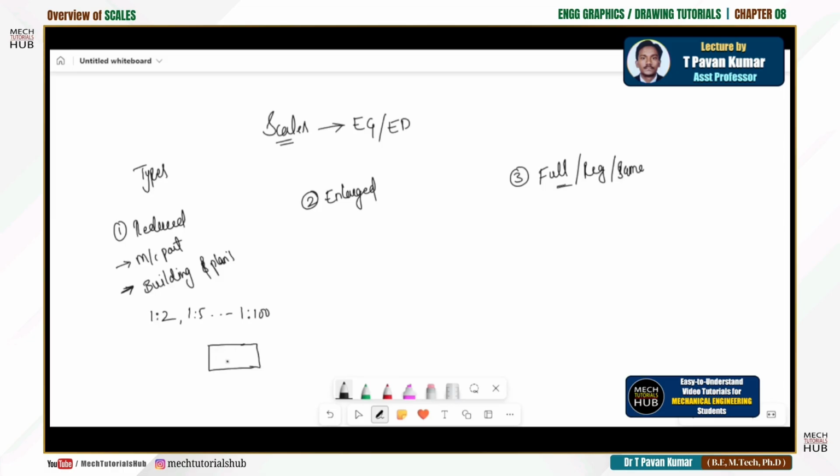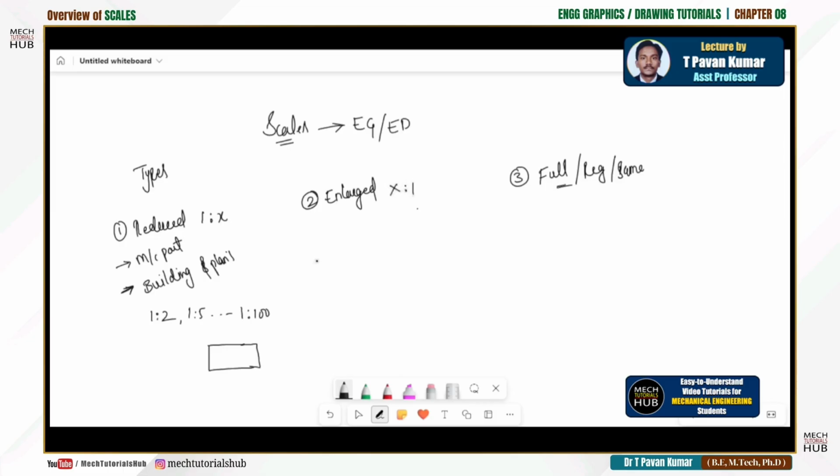You have to make others understand. Someone has to interpret whatever drawing you make on the sheet of paper. So in this case, we can't draw everything at 1:1, or full scale, regular or same scale. So we are reducing it down to show it on a sheet of paper. This X could be any number: 10, 20, 30, 100, 1000. Similarly, if it is an enlarged scale, I would say the ratio would be